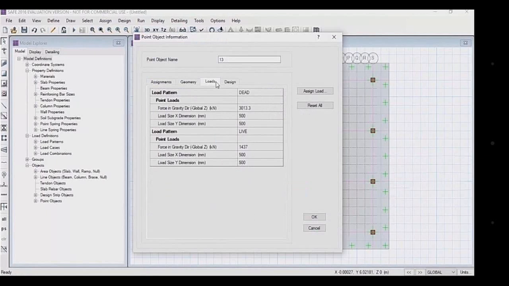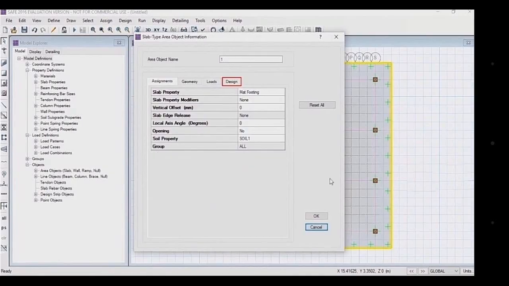load are different, and they are given in the table which we generated from the ETAP software. After that, you can check that the loads are correctly applied on the columns. For that, right click on the column and click on load, then check whether the live and dead load are correct or not.